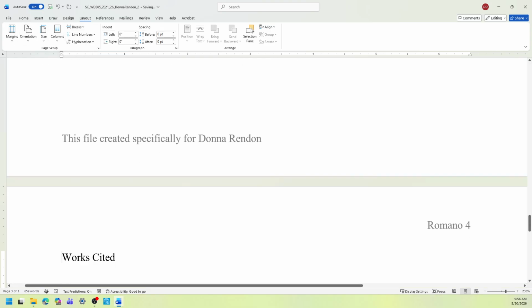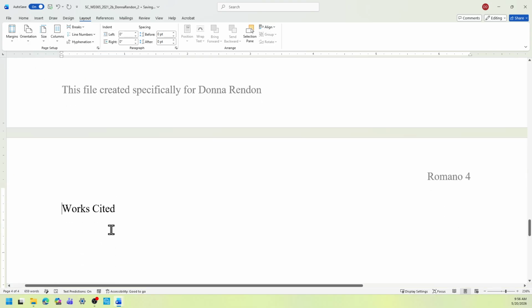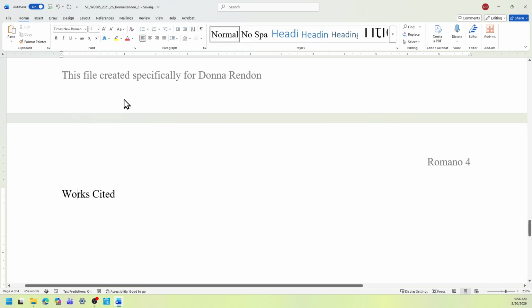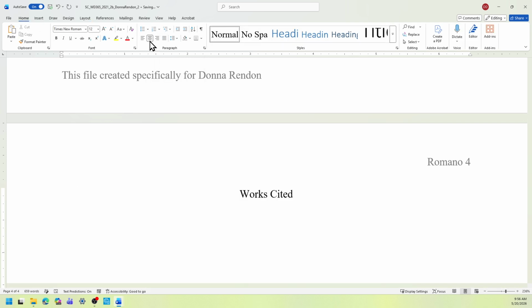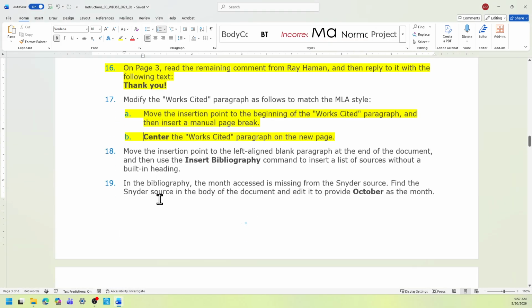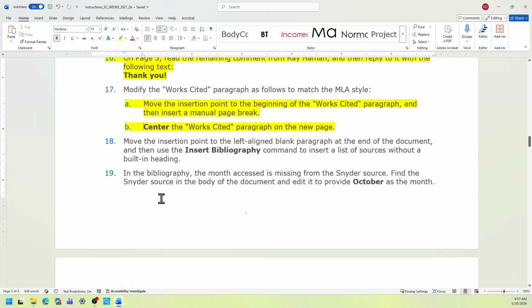So that's under the Page Setup group. And then from here you're going to center. Okay, so to do that, you click the Home tab, and then under Paragraph, you select Center. Okay. The next instruction is step 18.